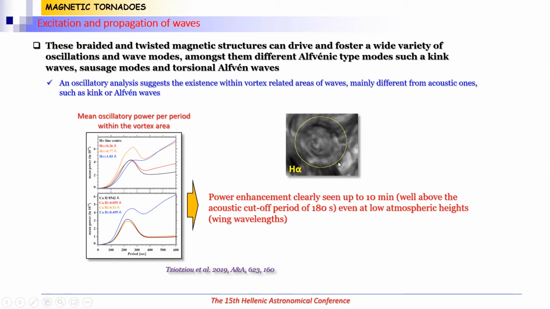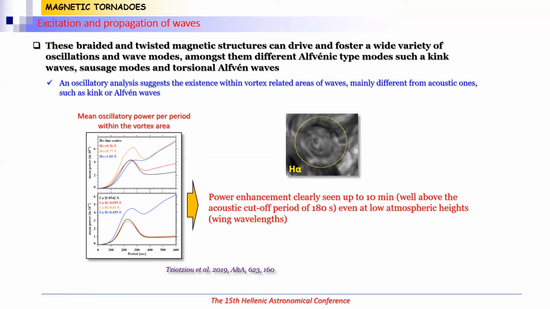By looking at the mean oscillatory power per period within this vortex area, we see that there is clearly power enhancement up to 10 minutes, so at periods of 500, 600 seconds, well above the acoustic cutoff period of 180 seconds for the chromosphere,